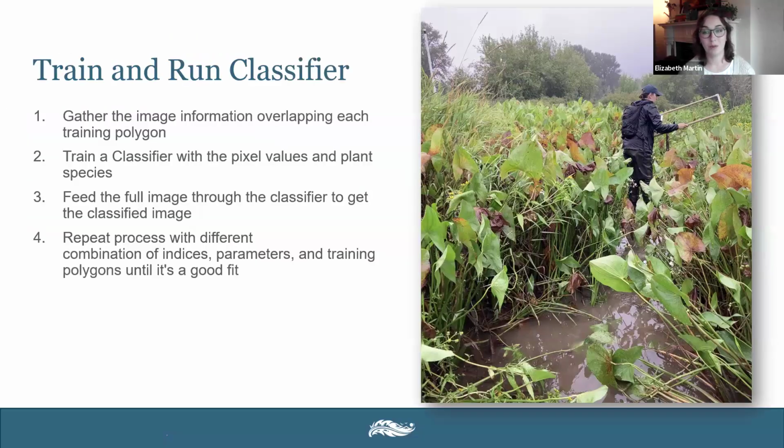So everything up until this point has been data collection and processing. We haven't actually done any image classification, but this is where the fun starts. We can actually run the classifier. It's all happening behind the scenes in a big mess of code, but I'll walk you through kind of what